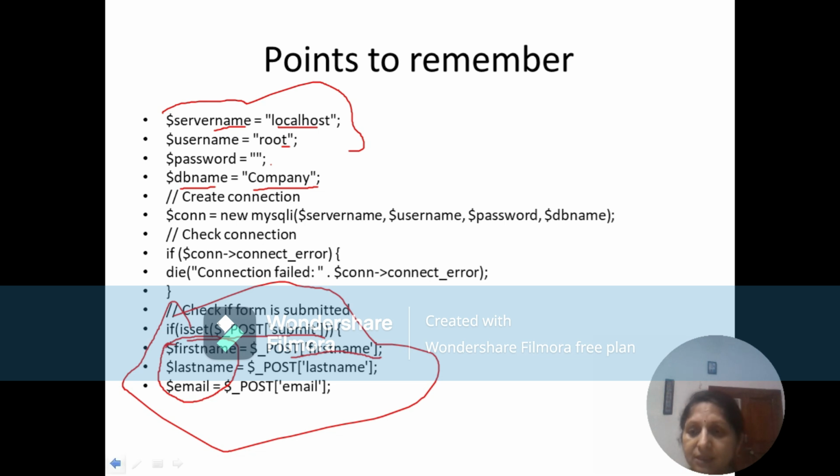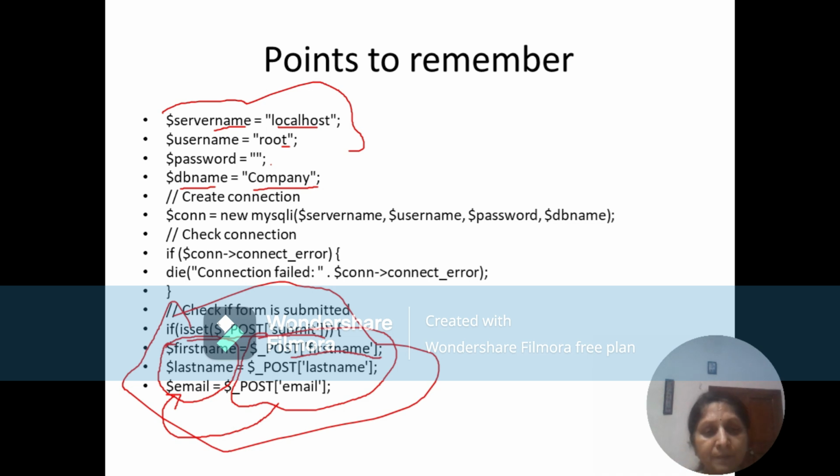This side is the form input, and all this form input, what are we doing? We are storing it into our PHP variable. Now why are we storing this form input into the PHP variable?